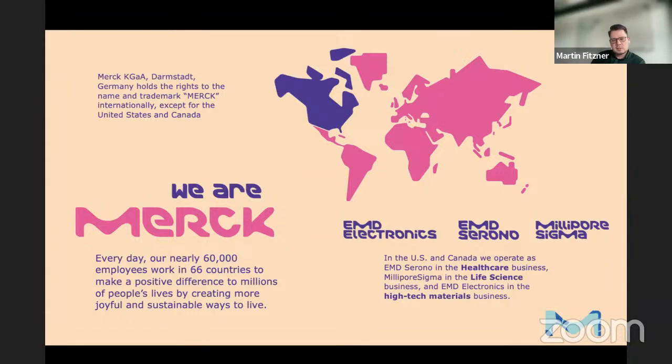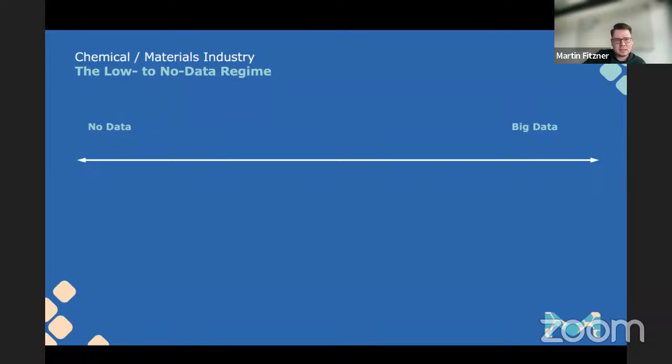What we do in our business is quite the variety of scientific disciplines. So you see here in bold a few words like healthcare, life science, business, and also high-tech materials. So this is encompassing chemistry and material science, which brings quite a large amount of different paths to our life in sort of more of a data scientific domain. And they do not just vary from the scientific discipline, they also vary a lot from the amount of data we can work with.